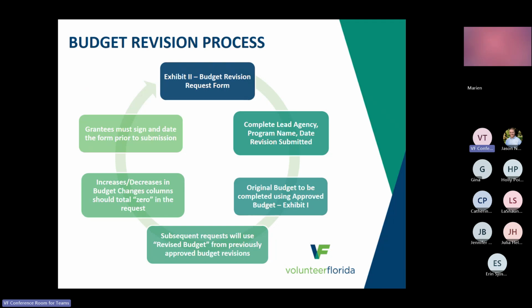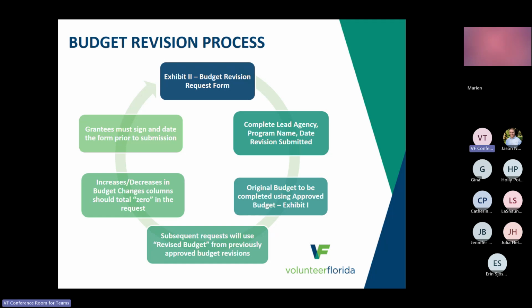Any other requests that you do after your first revision will then use the revised budget from that last approved budget as your original budget. You will then report your increases and decreases in your budget changes columns. And please note that should